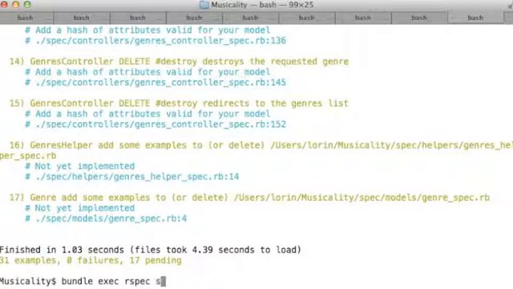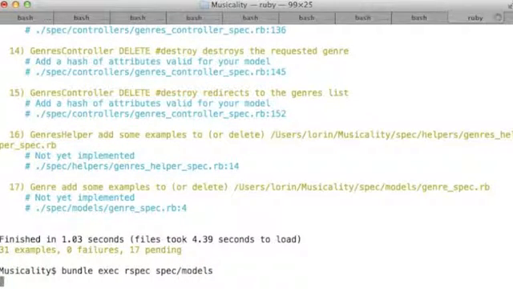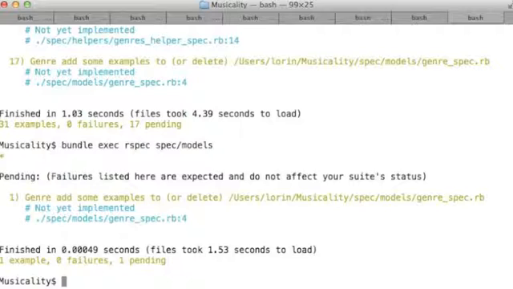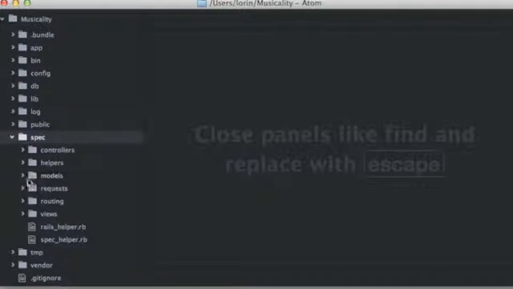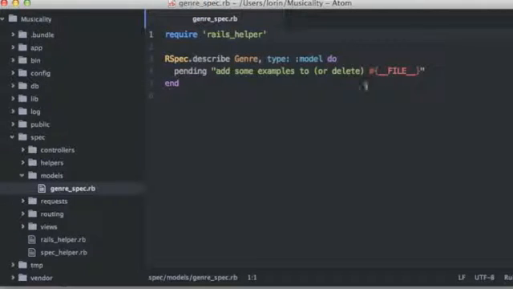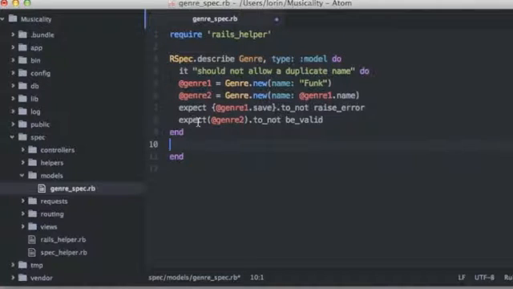And then we focus on the spec models and the one test that would have been built out for the genre model. So it's pending. We just have one of them currently out there. And we have folks then get back to Atom and build out an appropriate test for genre. The idea being, we want it so that they can't put in duplicate names. Right now it's allowed. Putting in this code,